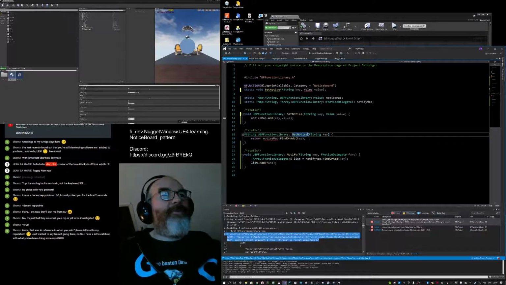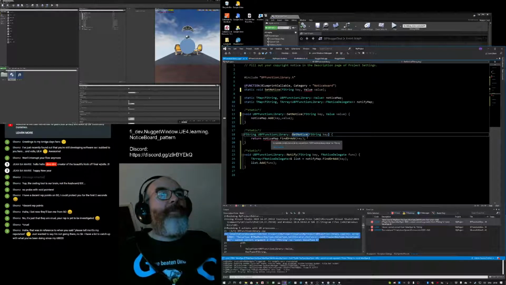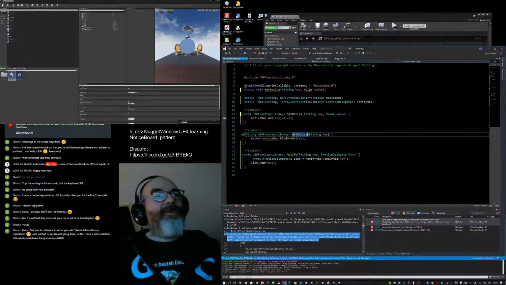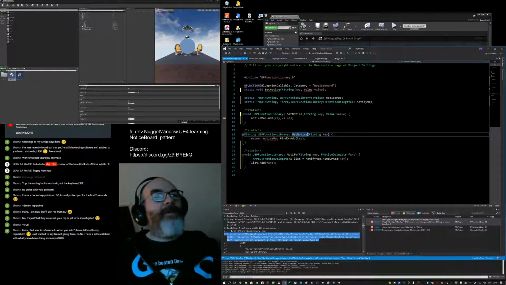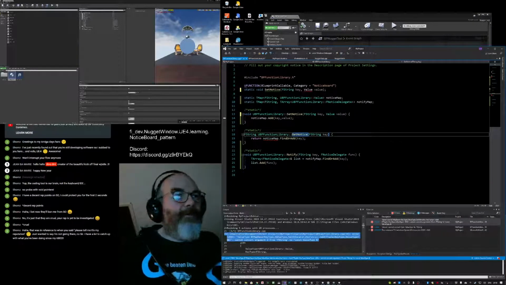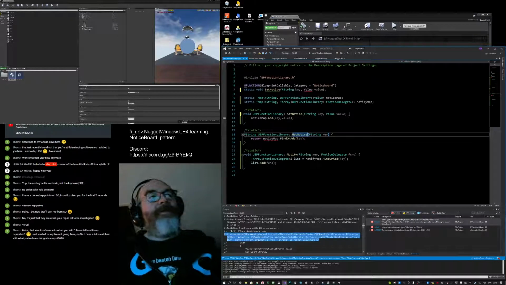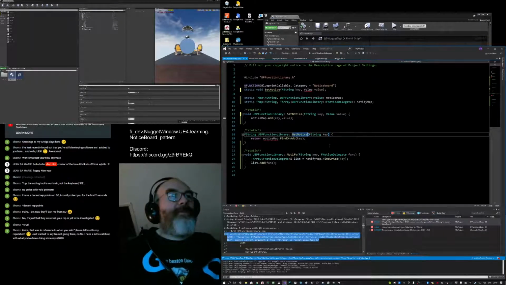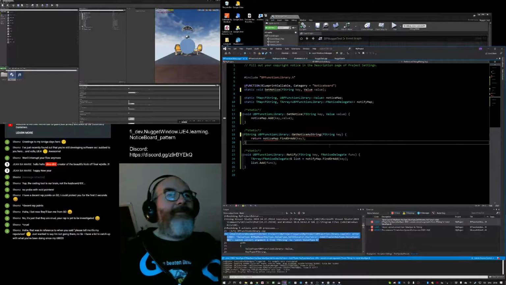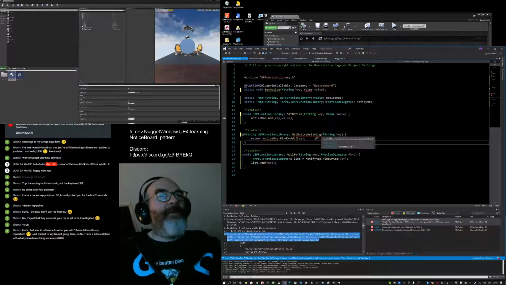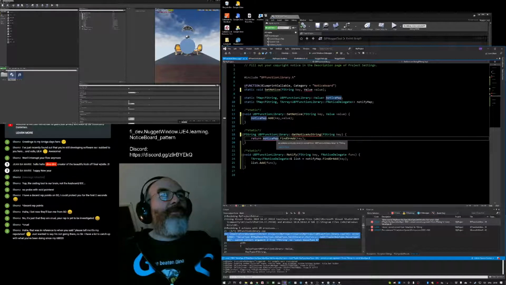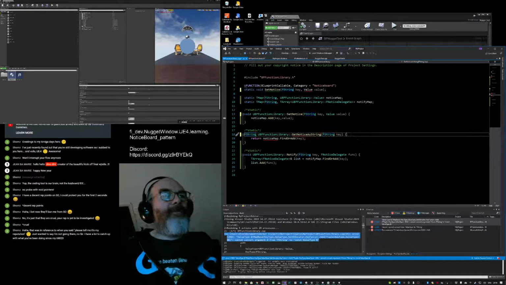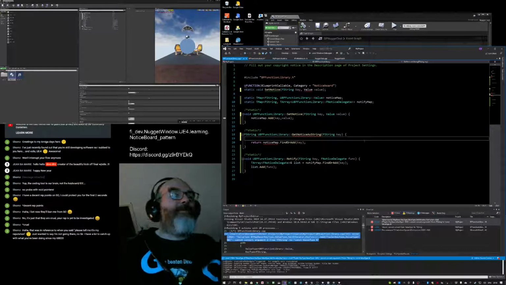Here the first problem is that I need to create a get notice with different return types, but you can't do that in C++ or C# or whatever. You cannot have functions that differ only in their return value. So I hate this, but it means that you have to get notice as string, fair enough, given the key. And so we're going to return this as a string. Right, get notice as string.